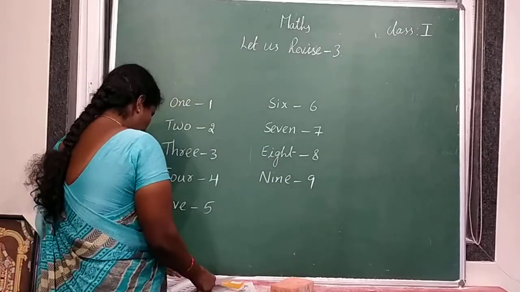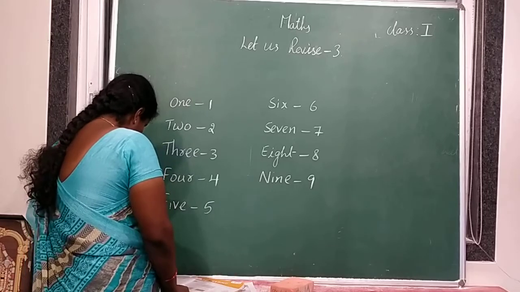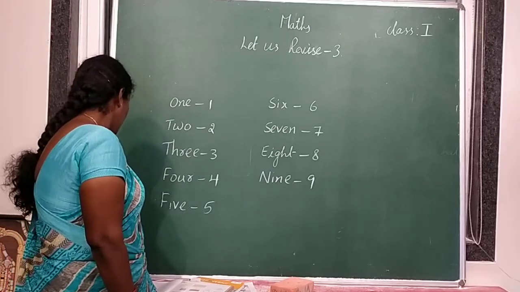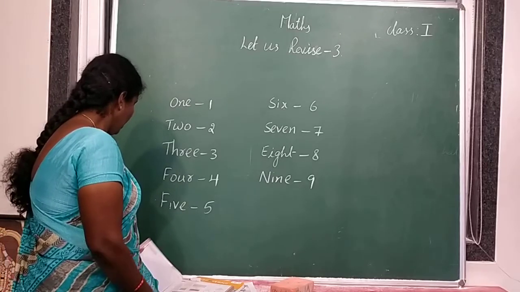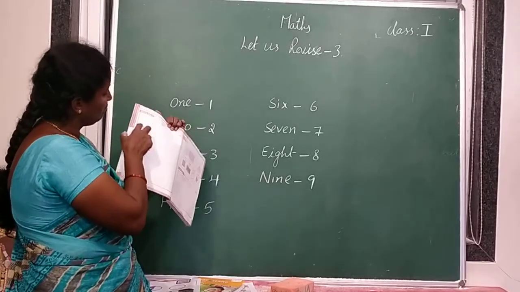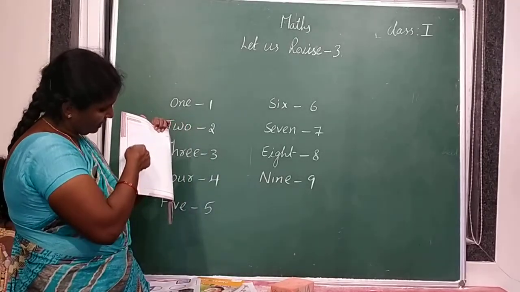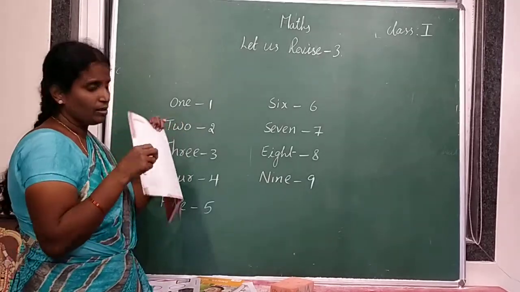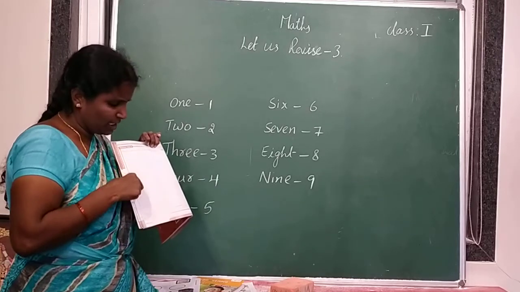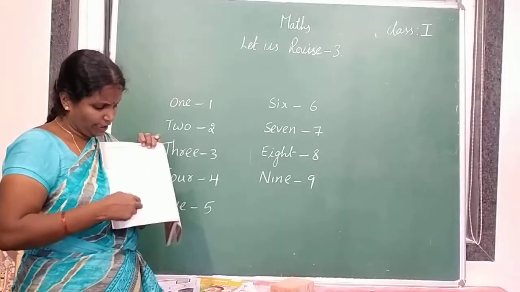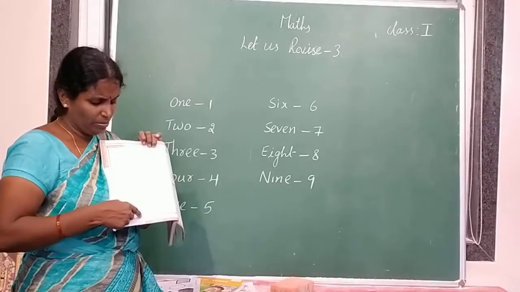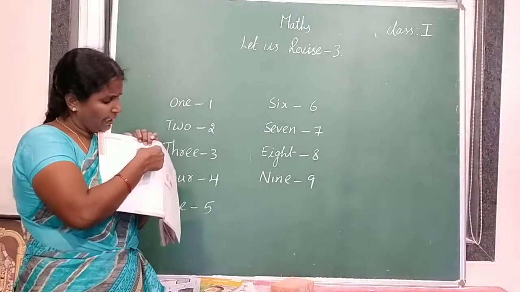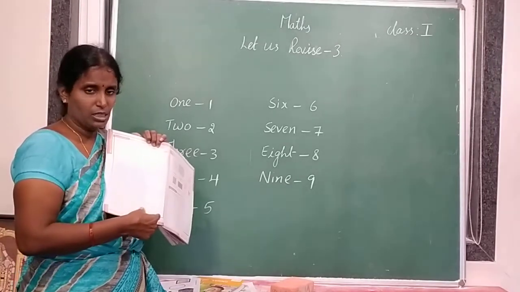Okay, children. Now open page number 15 in your textbook. Write the numbers and their number names. Here they are already given numbers. In the first column they are given numbers, and in the second column they are given dots. So complete, shade these dots. After that write 1 to 9 numbers 2 times, and 1 to 9 number names also 2 times.